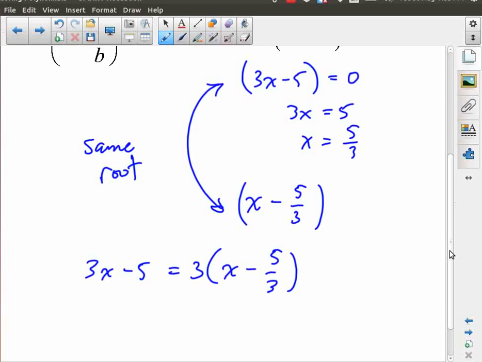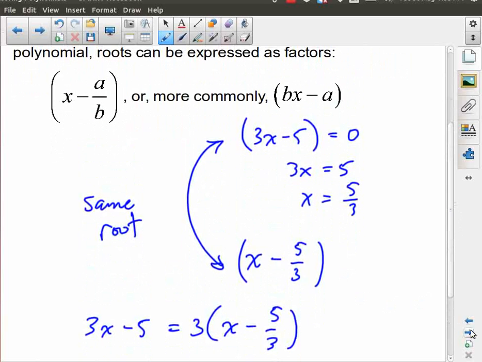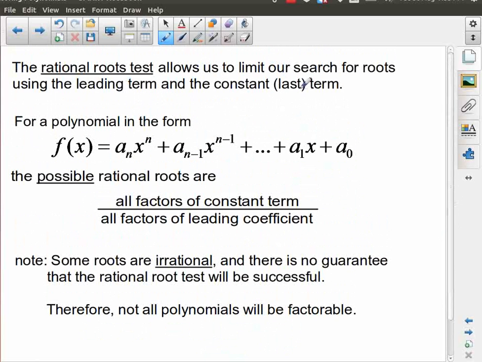Now that's a bit of an aside, but it's an important one because we're not always going to have integer roots. Sometimes they're going to be fractions. And so what we're going to make use of is another idea, which is something called the rational roots test. Now this is going to be a lot to take in. To be honest with you, this is the tough part of this lesson. So if we have a polynomial written in this standard form,